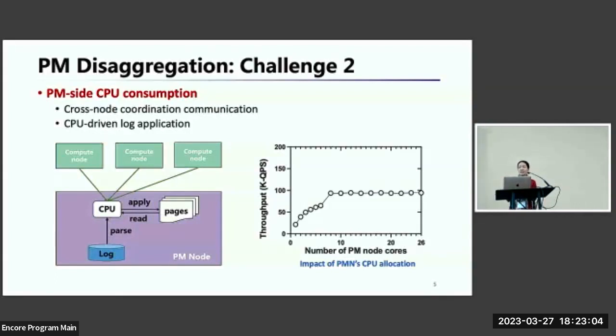Okay, and this is a typical thing you will see, the impact of CPU core allocation on performance. If we want to get performance, we have to use a lot of CPU cores. That kind of defeats the purpose of having one or a few PMN nodes to serve many compute nodes as allowed by the storage density, right? If we have a lot of space, but yet each application will cost us 10 cores, then we still cannot